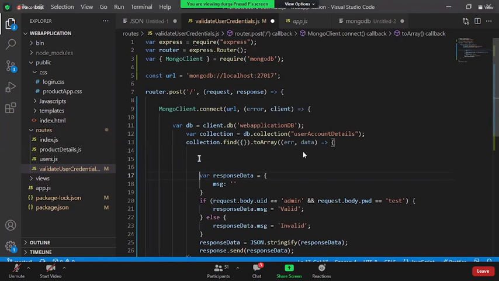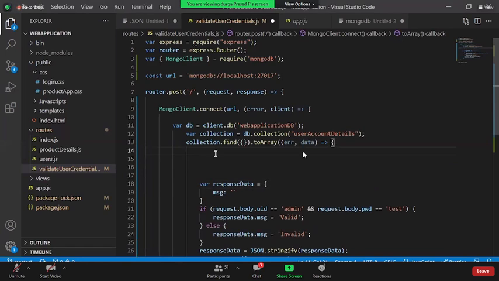Right now, let me remove this. You need to put a for loop on this data array, go to each and every object, and see whether that UID and password are equal or not. Why do you really want to make it complicated? Instead of this, can I do one thing? Why don't you put the query itself on the database to find out the given UID and the password? Why don't you put a find query here to find out the required details?